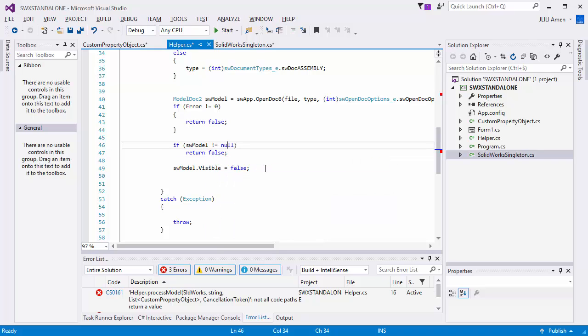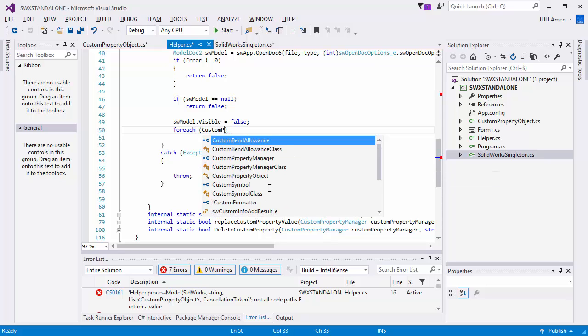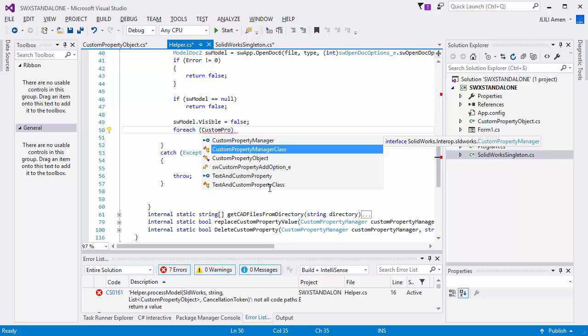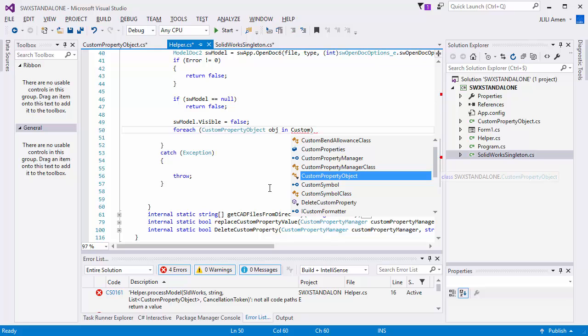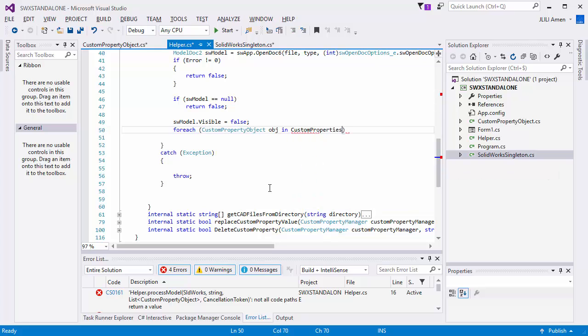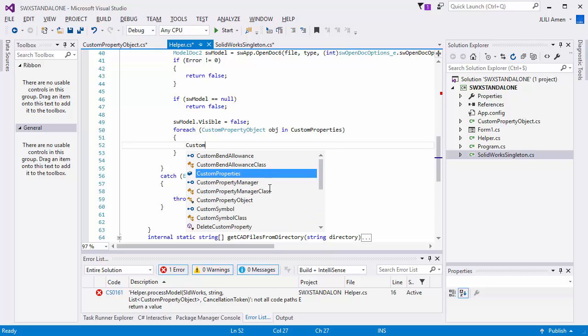Alright, so let's go for each custom property object in, let's call it obj, in the list, which is custom properties. Each one of these we are going to call the gracious method. We're going to first get the custom property manager, right? Let's call it custom property manager,